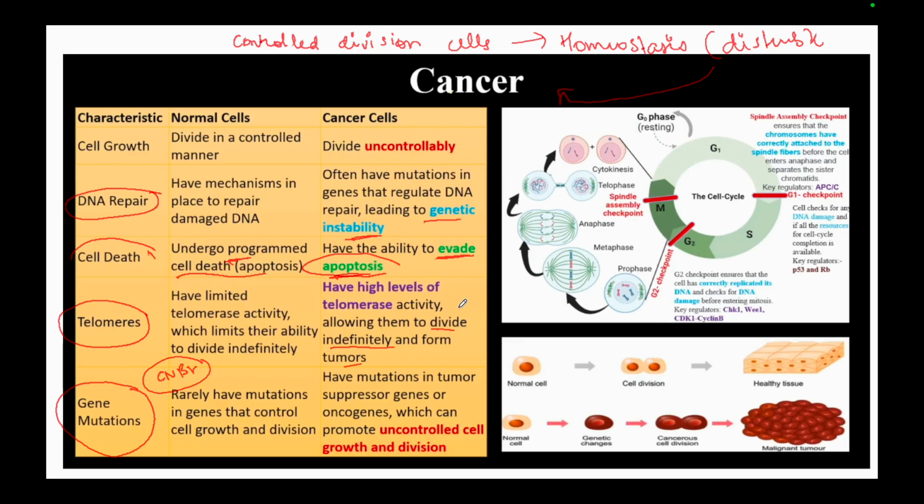So here is a quick representation of the cell cycle and how the cells keep on dividing by inhibiting the checkpoints. This is the normal cell. There is division and there is healthy tissue here, and as you can see, the cell growth here is controlled, that is, there is no excess cell growth happening. Whenever there is excess cell growth, that is taken care of by apoptosis or other programmed cell death. But in case of cancer, genetic level changes happen and it divides rapidly, which could lead to the formation of a tumor or uncontrolled cell mass.